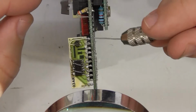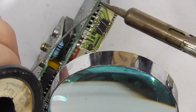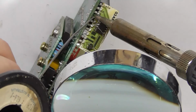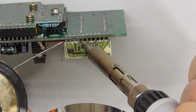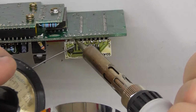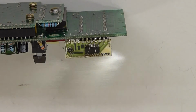Basically I've just fed the wires through and now it's a matter of attaching them to the modules on this side. So the trick is I'm just going to flood it with solder and let that wire act as a guide, as a stabilizer for the solder. It's a connection of some kind. It's not exactly the prettiest, but